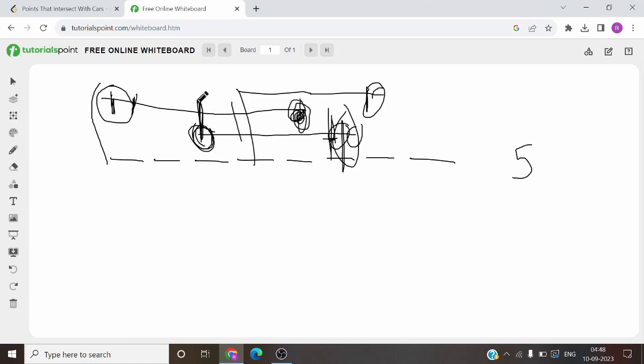होगी, पर ऐसा नहीं हो सकता कि वो इसके बाद स्टार्ट हो। तो हम सिंपली कह सकते हैं कि कोई भी ऐसी कार नहीं होगी जो इस वाले स्टार्टिंग पॉइंट के बाद स्टार्ट होने वाली है। हमें सिर्फ एंडिंग पॉइंट चेक करना होगा। तो बेसिकली वी कैन डू कि हम सॉर्ट कर देंगे और हर पॉइंट पे ये चेक करेंगे कि इस कार का पर्टिकुलर जो ये पोजीशन है ये ऑलरेडी कवर्ड है या नहीं।